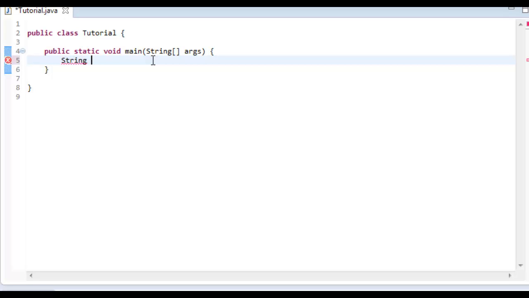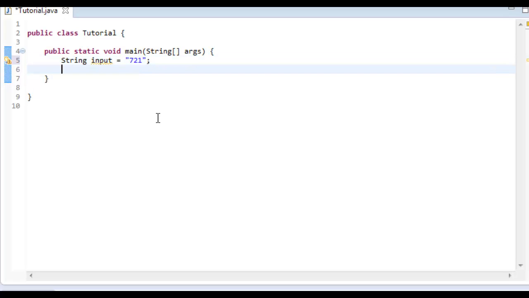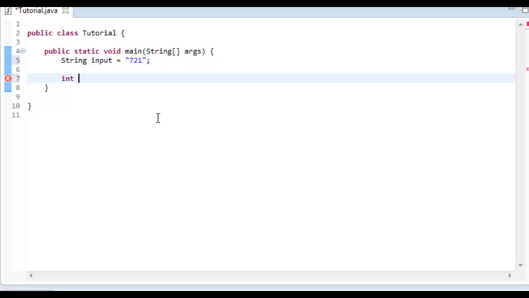So what we're going to do is set this input equal to 72.1, but the problem is that this is a string, right? But let's say we want it as a number. Well, what we've got to do is this thing called parsing, and I haven't gone over this before, so I'm going to go ahead and type int